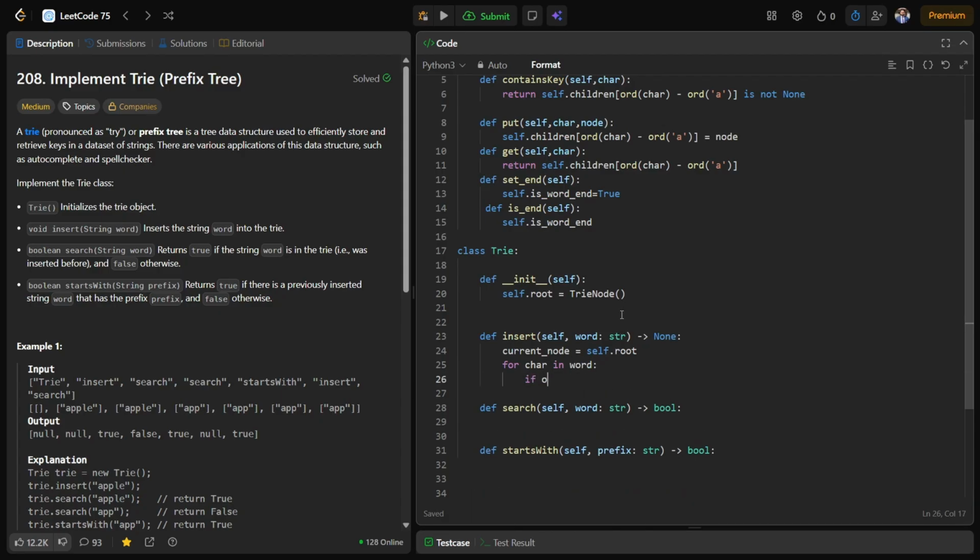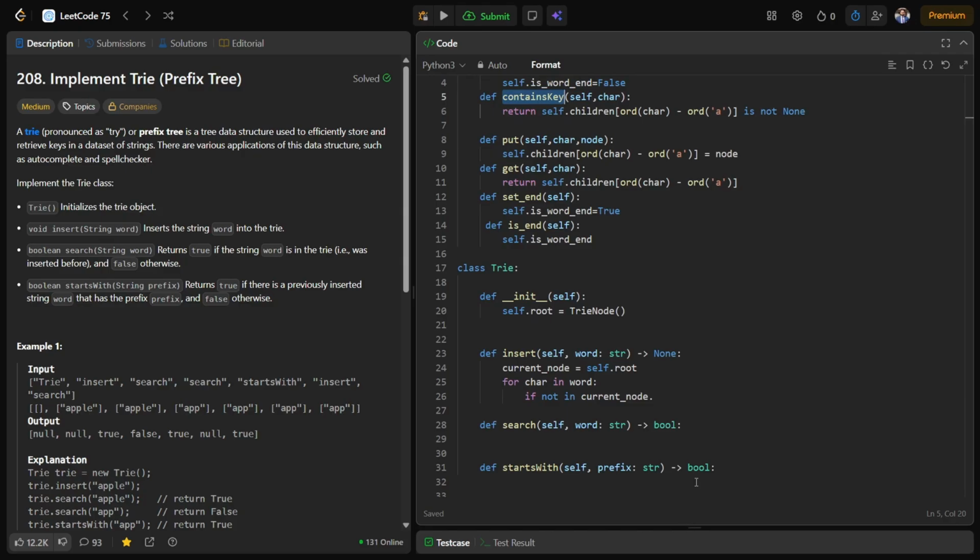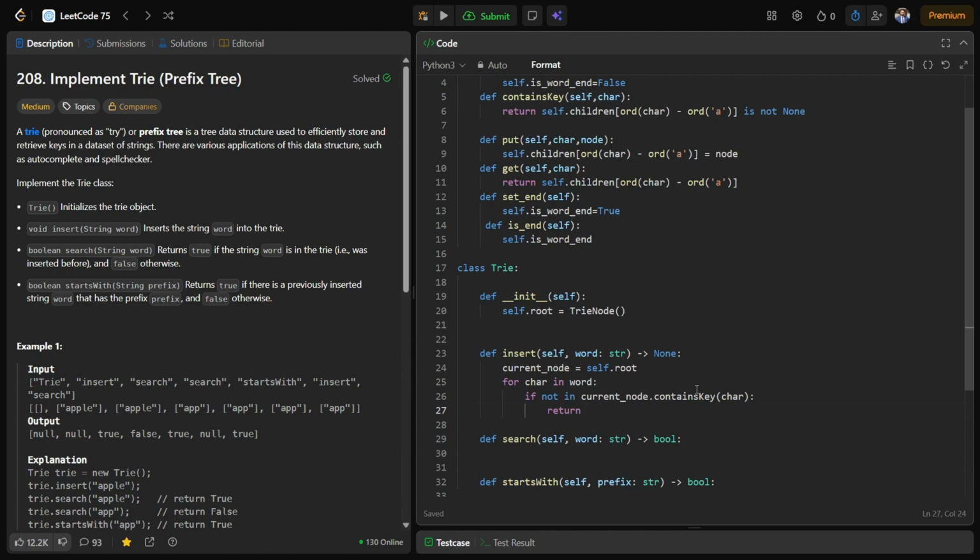If not current node's contains_key function, where we pass this character, if we don't have it, then we will return false. Sorry, since it is an insert function,